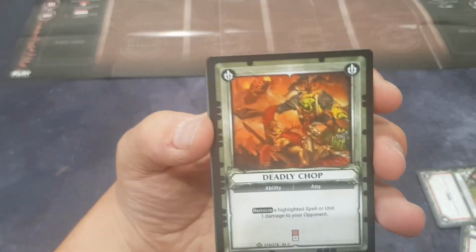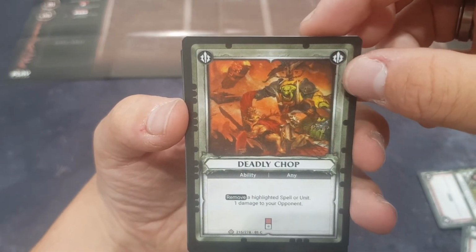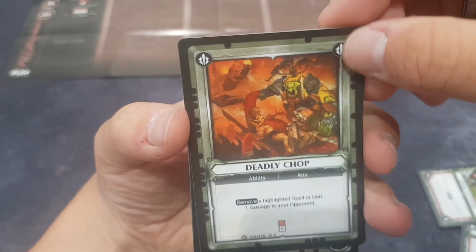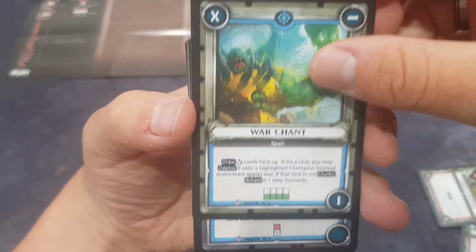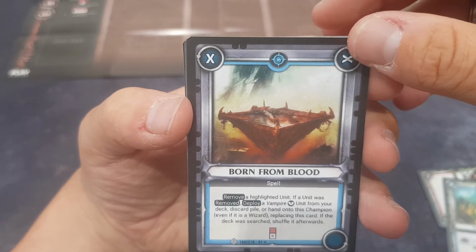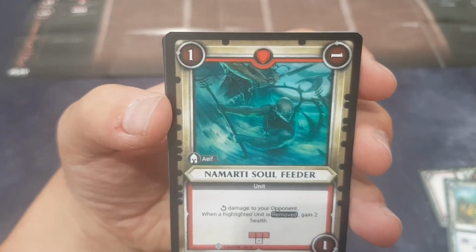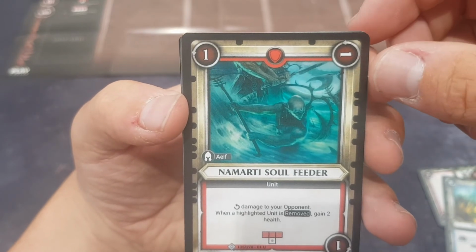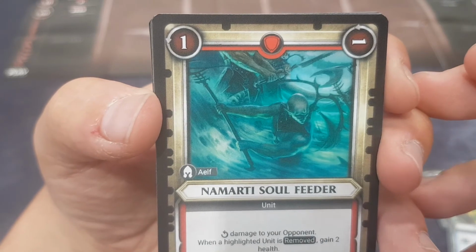Righteousness. Deadly Chop. Love the artwork on that one. The poor old Fire Slayer. War Chant. Lots of Auric in this one. Born from Blood. It's quite a grim artwork on that one. Namatari Soul Feeder. Oh nice, that's the